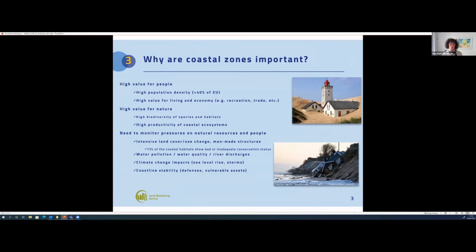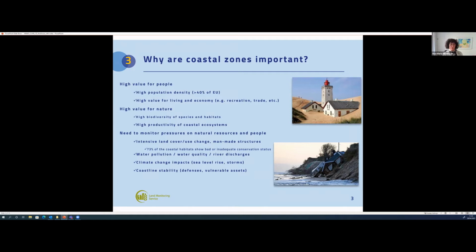Of course, this leads to inevitable conflicts between the different interest groups and also competing interests of human development, right? So we face and we witness deterioration, and this results in destruction of habitats, in pollution, loss of biodiversity, vulnerability to natural hazards, such as storms, floods, erosion, sea level rise, a striking consequence of climate change, and acceleration of coastal erosion.